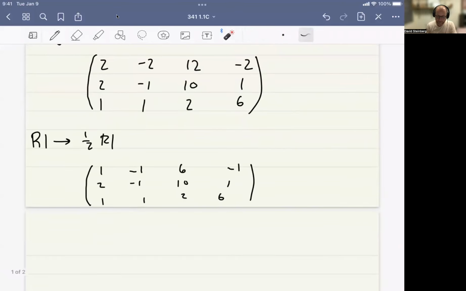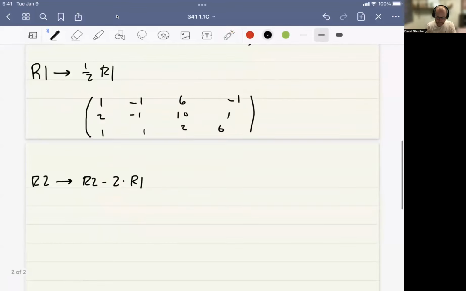Okay, and now what we're going to do is use the 1 we have in this first row, first column to eliminate everything else in that column. So if we want to eliminate the 2 in column 1, row 2, we had better take row 2 and subtract 2 times row 1. So we'll alter row 2 to row 2 minus twice row 1. Okay, so row 1 hasn't changed, and now we've got 2 minus 2 times 1, that's 0. We've got -1 minus 2 times -1, that's